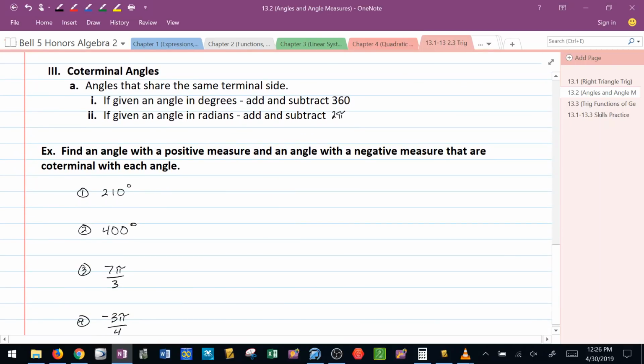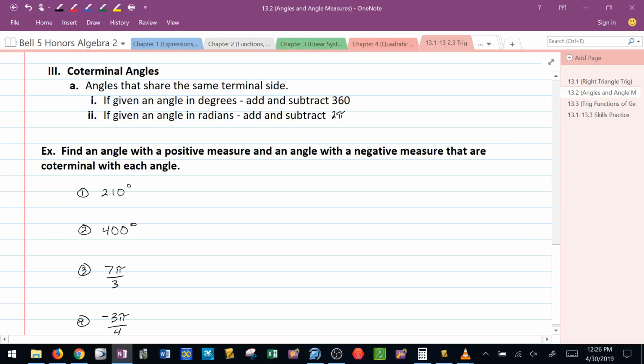All right, the next thing we're going to talk about is an idea of something that is called coterminal angles. Now, what coterminal angles simply means is angles that have the same terminal side. Angles that have the same terminal side. Remember, all angles, when we're dealing with these angles in a coordinate plane, always have an initial side of the positive x-axis. But the terminal side totally depends on where they end up based on the degree or